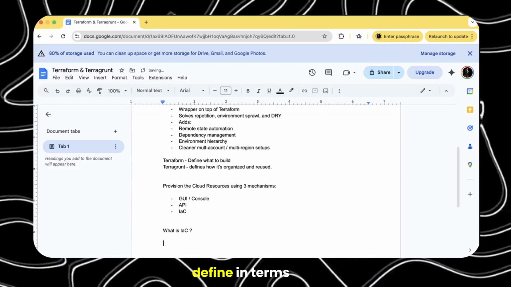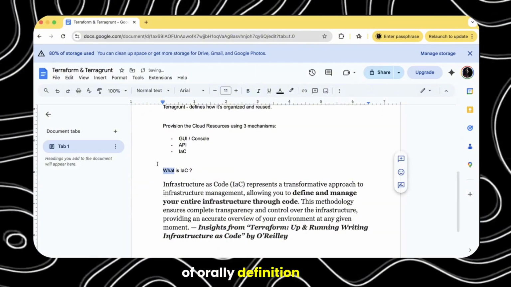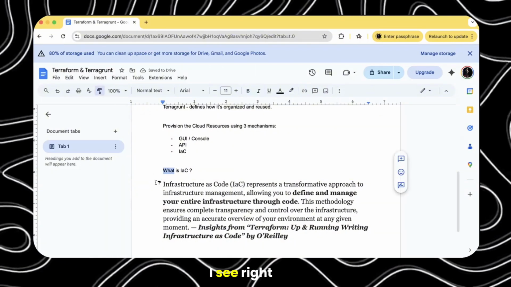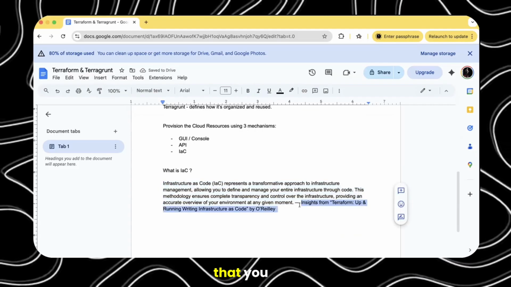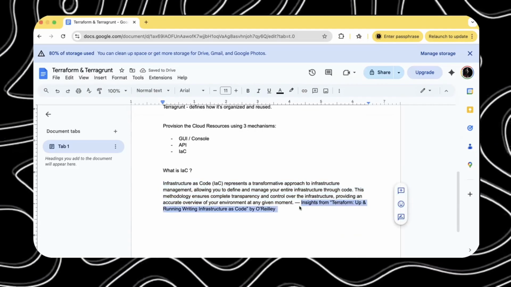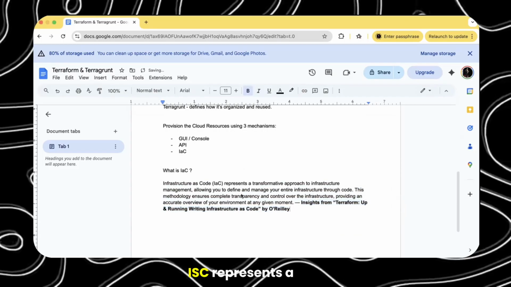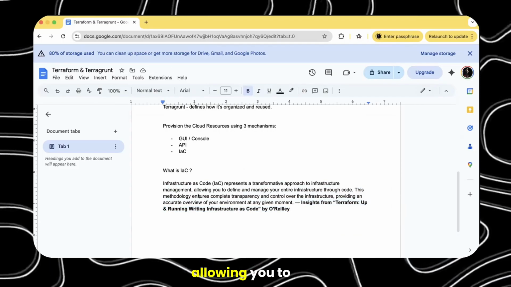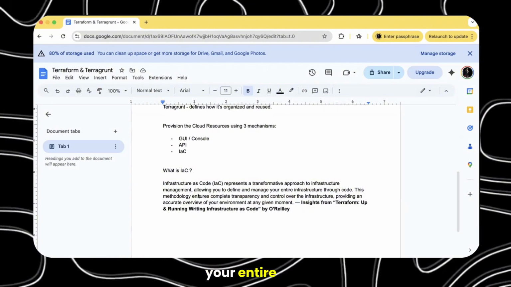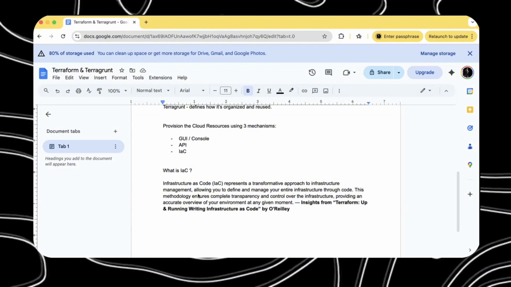If we go by the O'Reilly definition, IaC represents a transformative approach to infrastructure management, allowing you to define and manage your entire infrastructure through code.